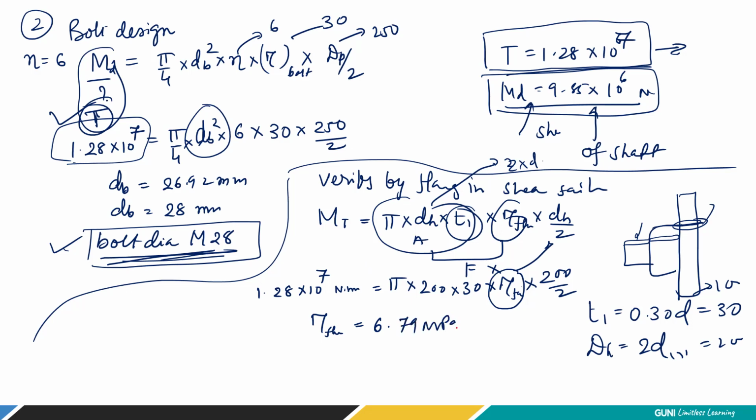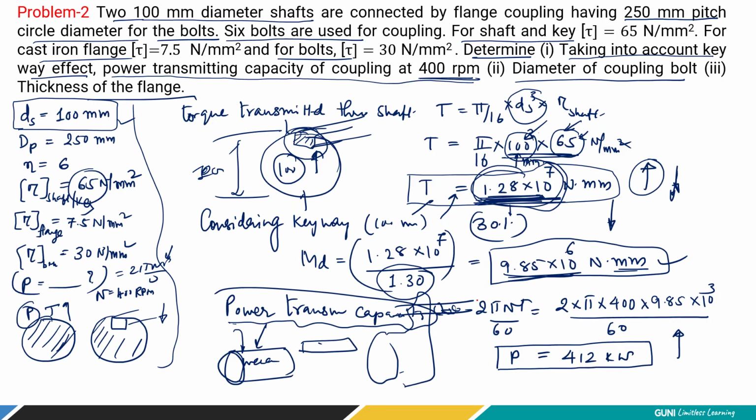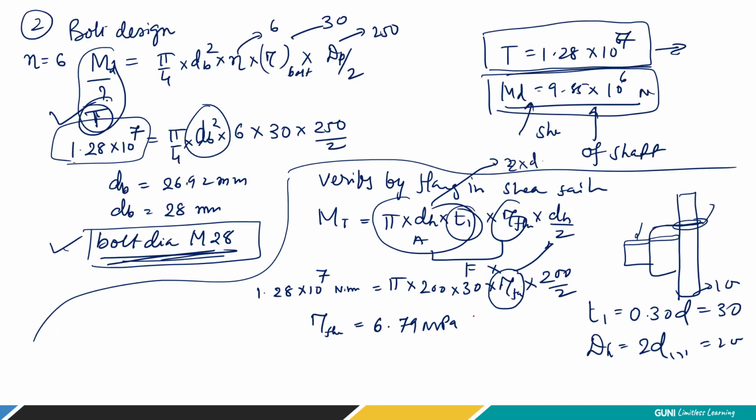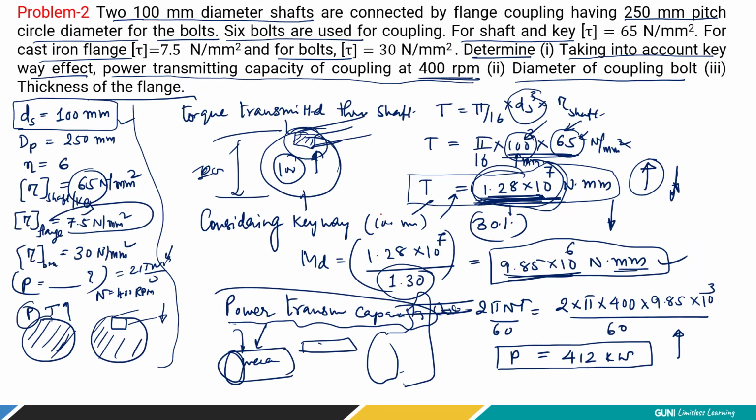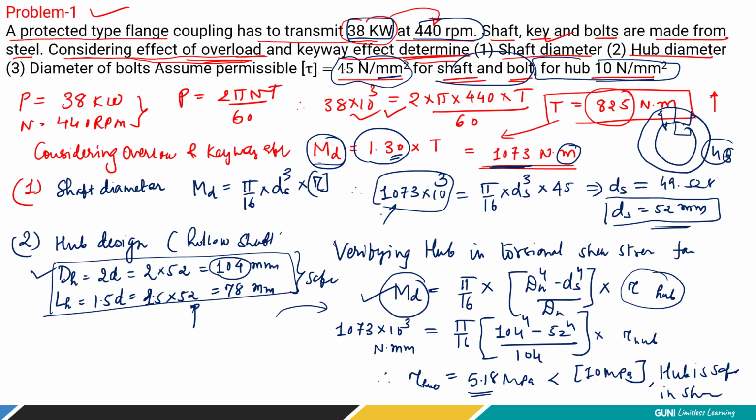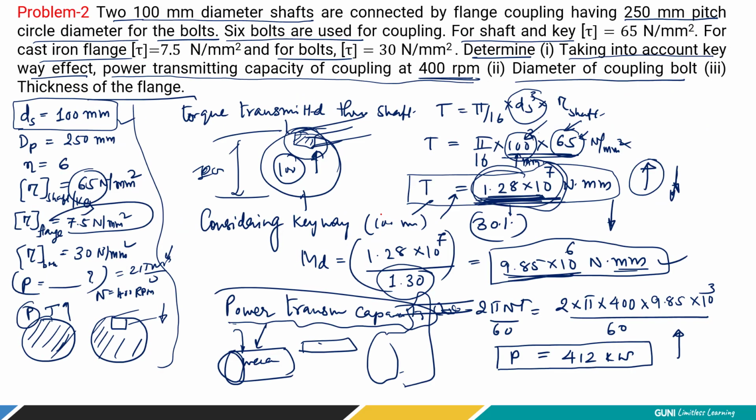That value is 6.79 megapascal, right? Now what is the permissible value? Let's look at it. The permissible value for the flange is 7.5, right? And the induced stress is 6.79. So it is less than the permissible value, 7.5. So you can say the hub dimensions that we have adopted, in terms of the relation to the shaft dimension, 2 times for the hub and 0.3 for the thickness, make the hub and the flange dimensions safe, right? I hope students, the two numericals are clear to you. You can refer to the textbook for further understanding. If you have any doubts, please raise the questions.